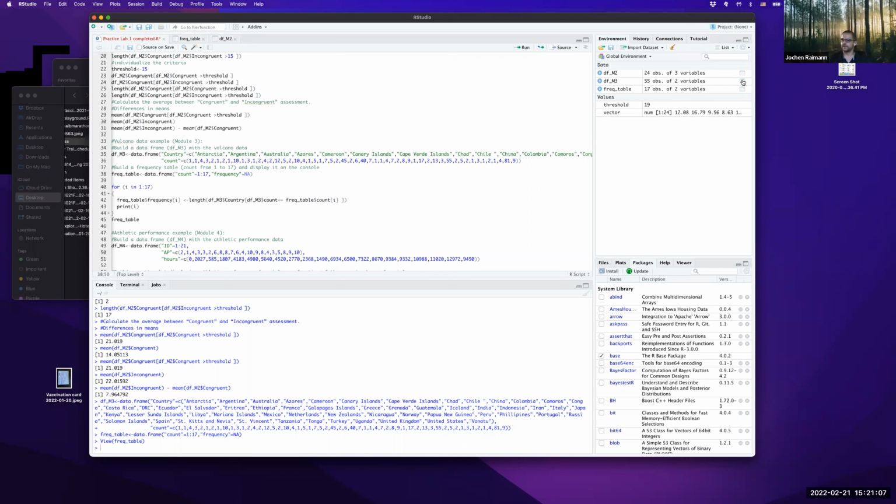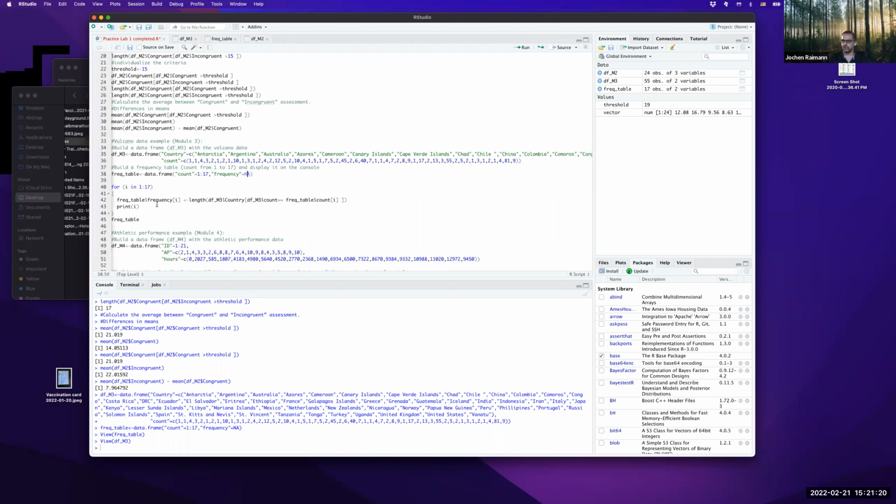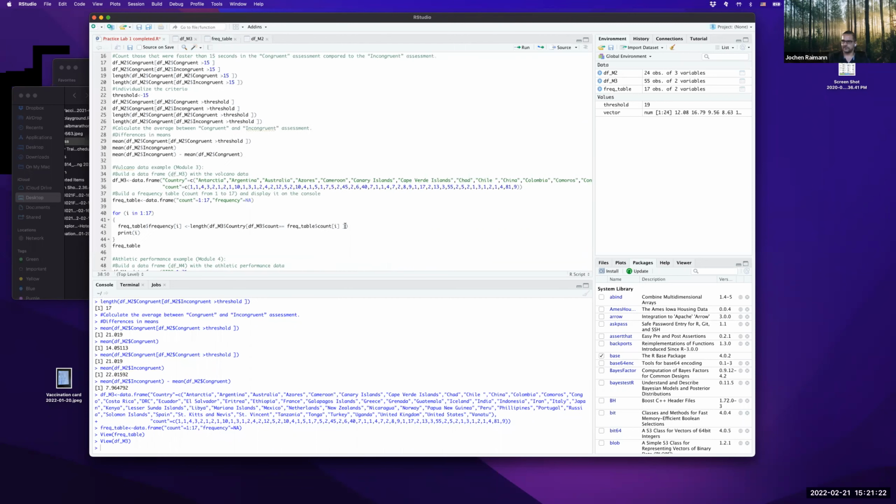And now we look at this volcano data. So we have the volcano country, the volcano housing country, and we have the count of volcanoes on its soil. So if we want to know now which country, and let's just take this snippet, we take length. So we have now length, DFM3 countries. So we're counting the countries where the count of volcanoes equals a number, so 1, okay? So we're setting this to 1,